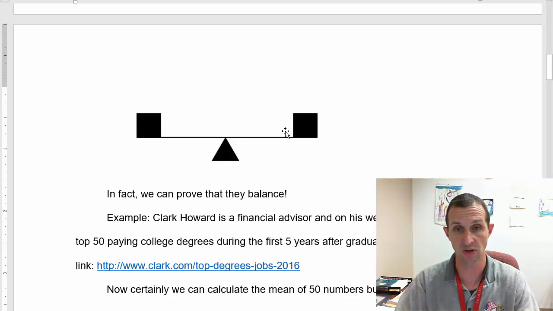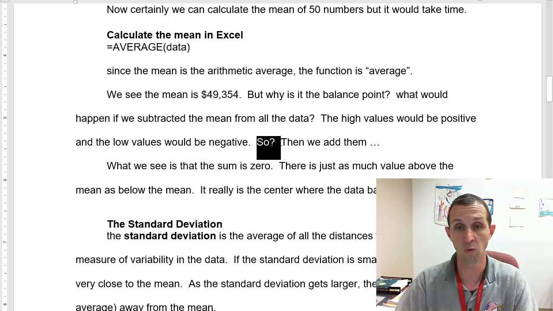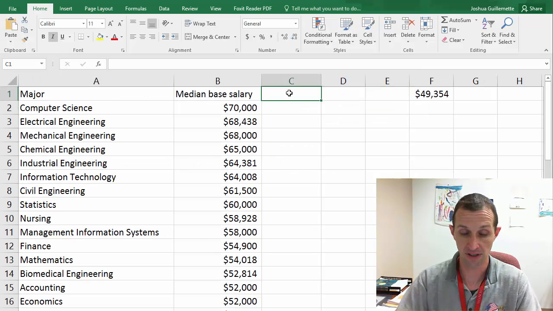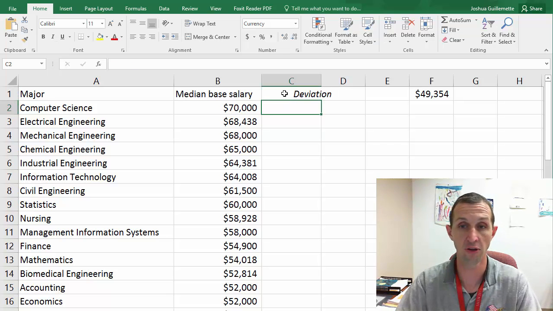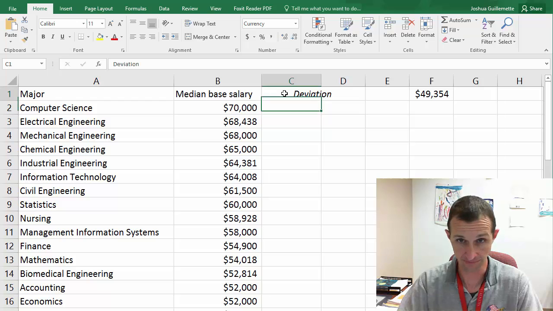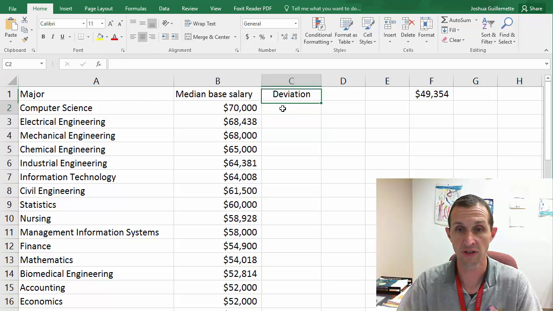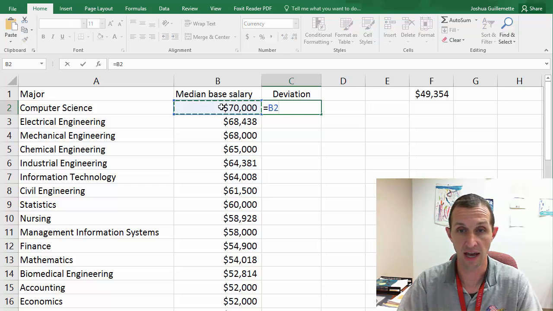And in theory, they're stretched out across this plane, but you can think of positive values and negative values, right? So what does that look like? All right, so let's go ahead and do that. Now, in stats, we call this the deviation, right? The deviation from something. And I don't actually like how that looks, but there we go. So there's the deviation. And so that's going to be equal to this guy minus